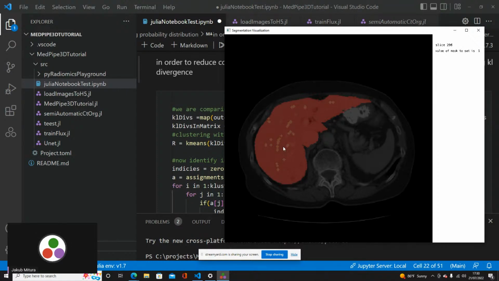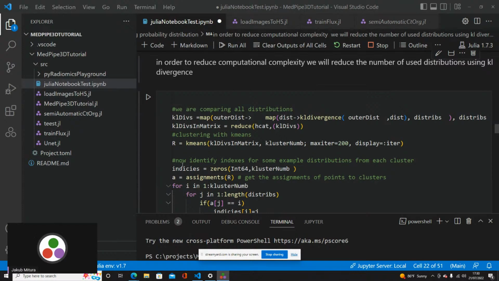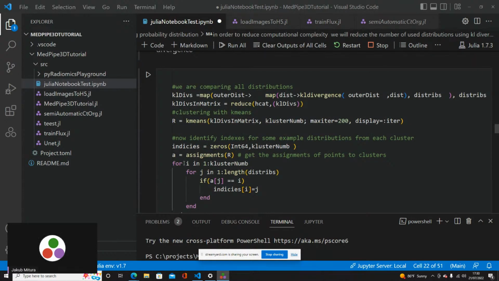Those Gaussian distributions give us the probability of whether a given point is similar to the liver or not. Around each point we create a different Gaussian probability distribution, each defined to show the probability that this point belongs to the liver. But we have hundreds of them for now.